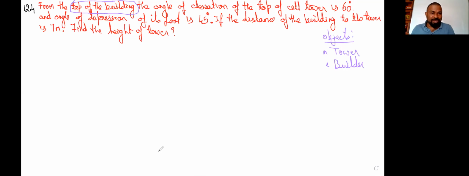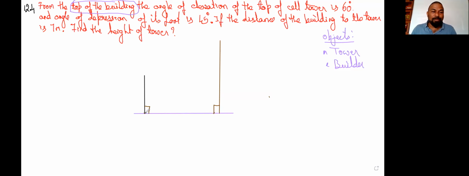So let us go for the figure here, guys. So I'm going for the figure. Yes, this is the ground what I have drawn. Yes, and I'm taking the two vertical objects. The first one, I like to go with the building, and the second vertical object, I like to go with the tower. Obviously, we know both are vertical objects. How can I say? Vertical objects always are 90 degrees to the ground, to the base. Yes, I have taken two vertical objects, right?